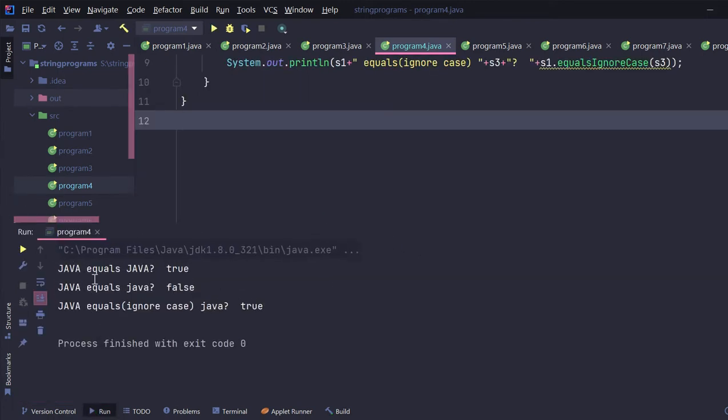So see, we have Java equals Java, this is true. We have Java equals small Java, this is false. But in the third one, where we have used ignore case, it is printing Java, capital Java is equal to small java. So this is giving us the value true. So this was our fourth program,